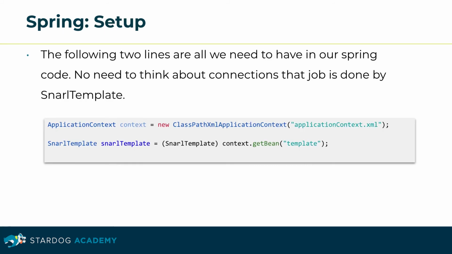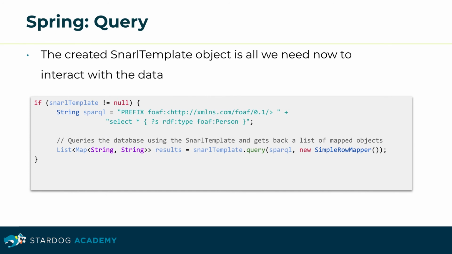Now typically, you'd have your main pull in your Spring application context. Here's a straightforward example of just making an application context directly by getting the bean template into our program and getting a fully configured Snarl template. This would take care of all the init methods in terms of creating a connection pool and managing transactions for us. Now a Snarl template, if injected in typical Spring application, would not be null, as that's guaranteed by the